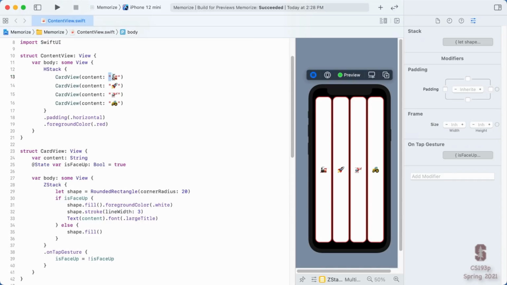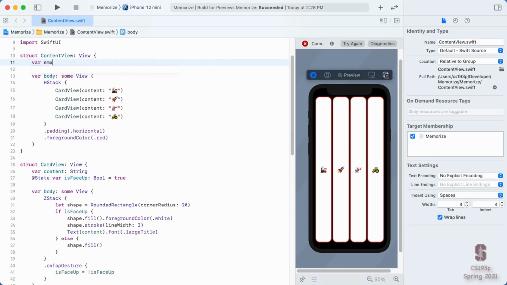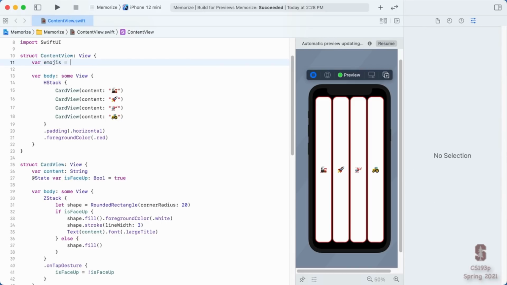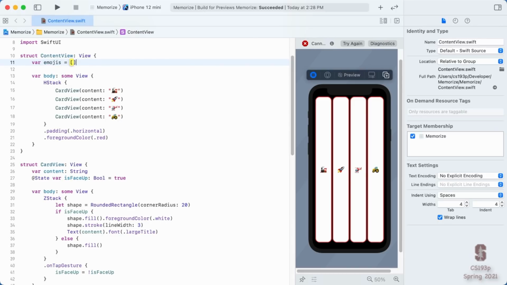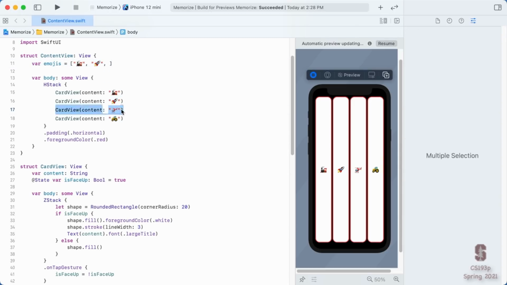But before that, let's just put these four things in an array because we need to learn about array anyway. Array is a very important struct, just like string in SwiftUI. So I'm going to put this up here, var, I'm going to call it my emojis, and I want it to be equal to an array of things. And in Swift, you can just put open square bracket, close square bracket, and a bunch of things listed in there, and you just created an array of something. So if I want to put these four emoji in there, it's as simple as that.